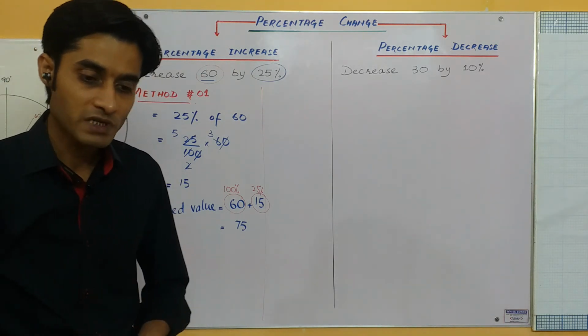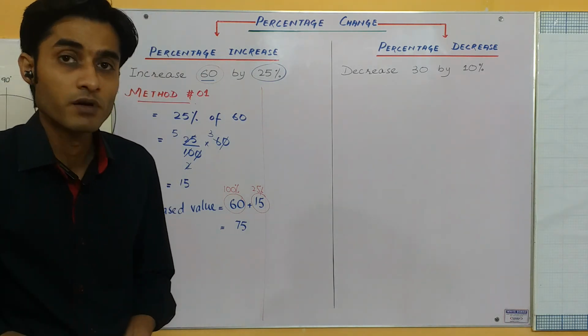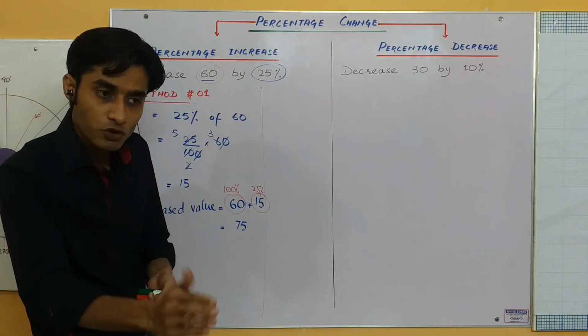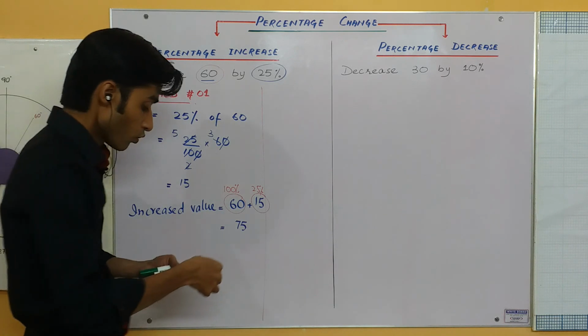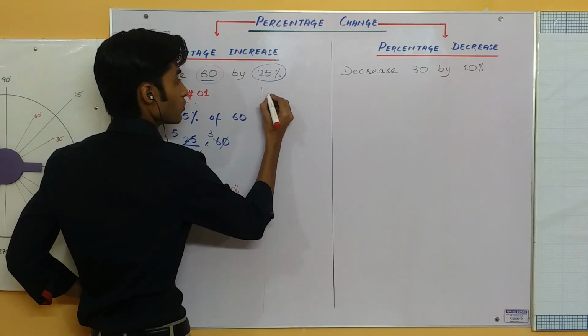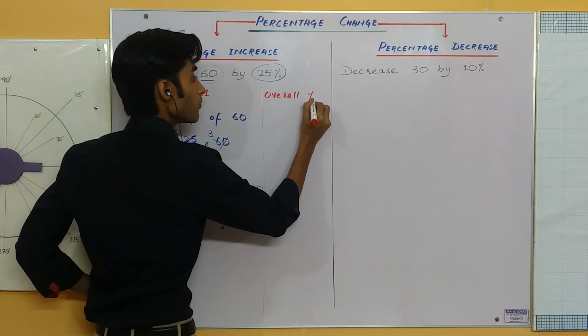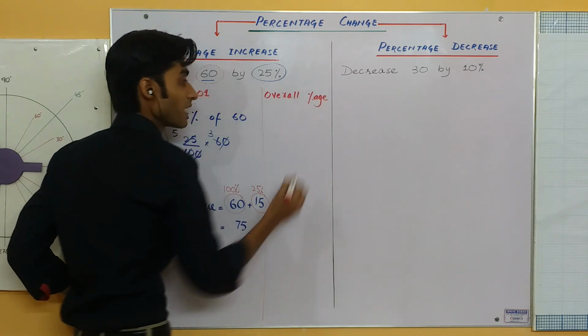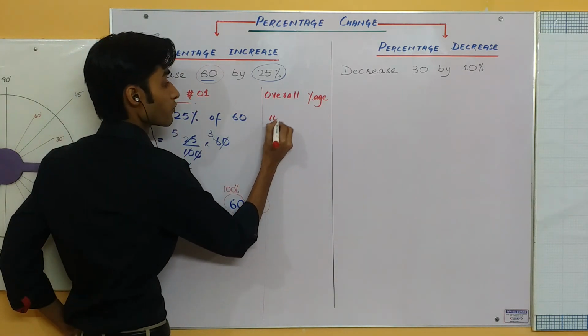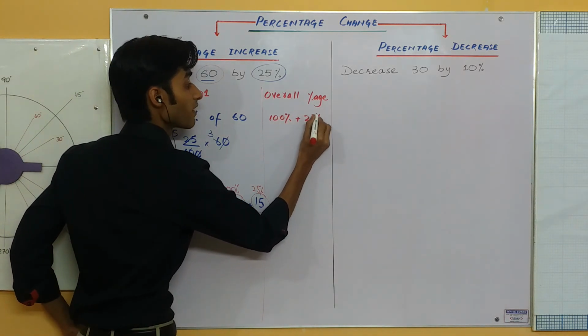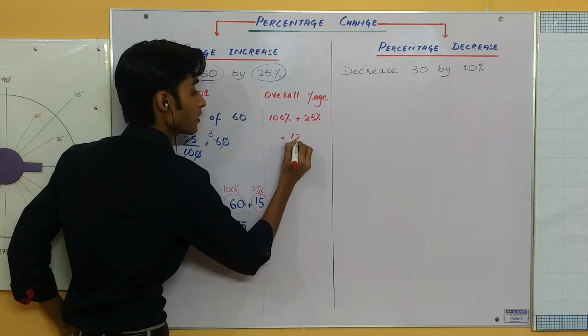The final value is obviously going to be more than itself. That would mean the 100% value is there and that change is also there. So what is the overall percentage? The overall percentage of the value is going to be 100% plus 25%, which would be